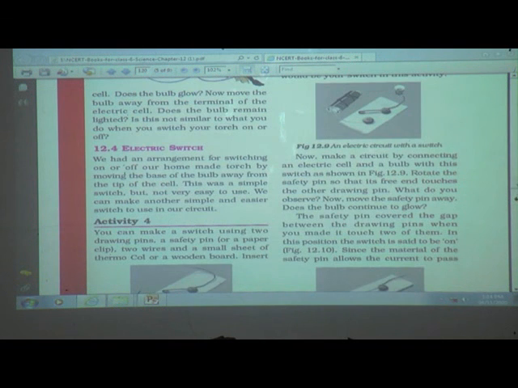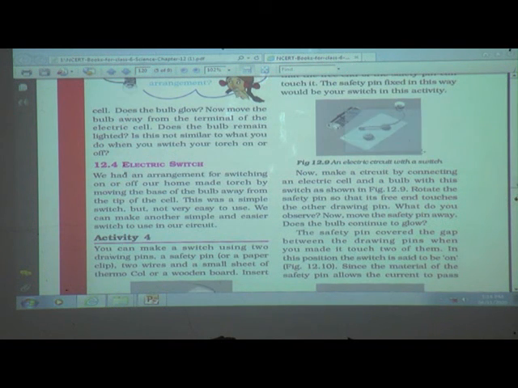When the switch was in the open position, here is a safety pin as a switch, where the two drawing pins are not connected with each other through the thermocol sheet. But thermocol, you may have found, is an insulator.